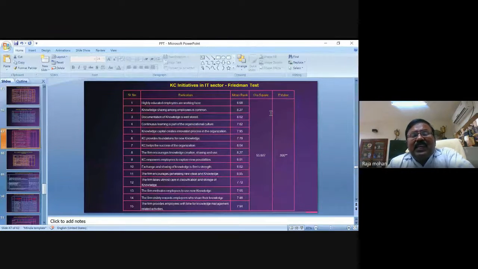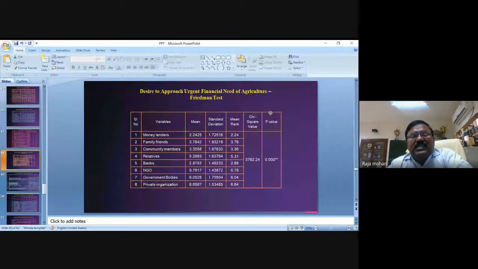Remember the same thing. Actually, it is knowledge capital initiatives in IT companies. He has used it, and the mean rank he has, the chi-square value he has, and the p-value. See, by using the p-value, we are coming to the conclusion whether it is significant or not. And one more Friedman test, which is used by a researcher, and